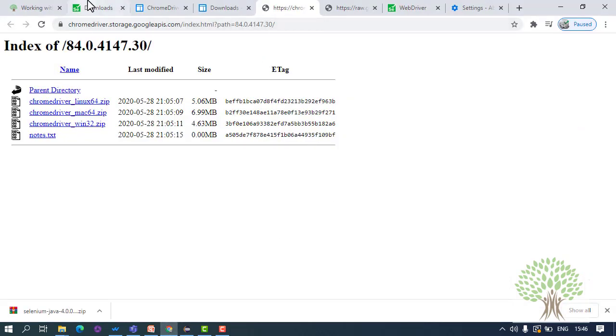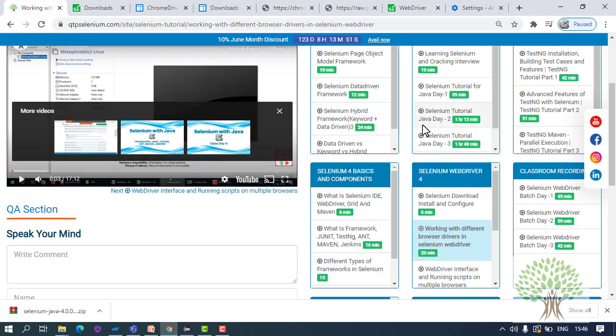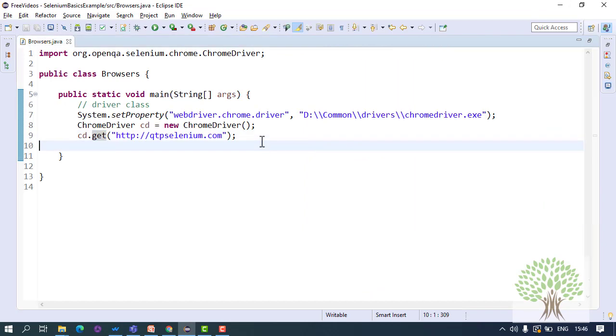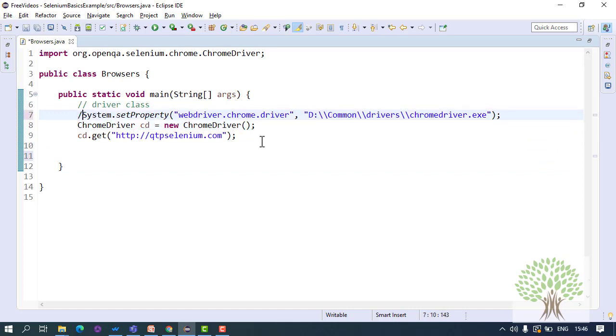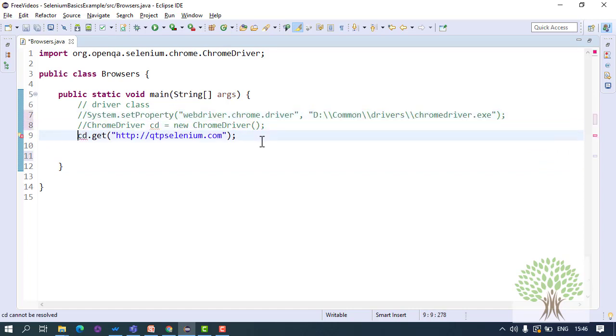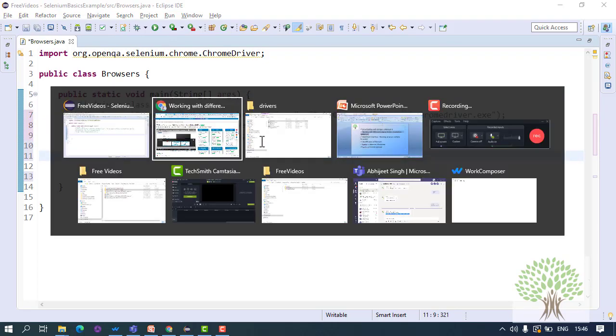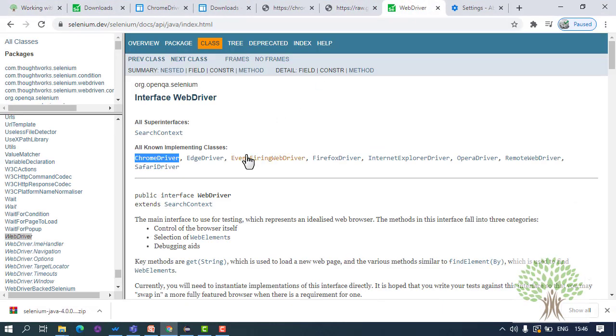TestNG is covered over here under the TestNG framework. So this helps us to build test cases. So these are normal Selenium commands. Now if you want to work with Firefox, I'll comment this code. What we do is that we create the object of the internal class, which is Firefox driver.